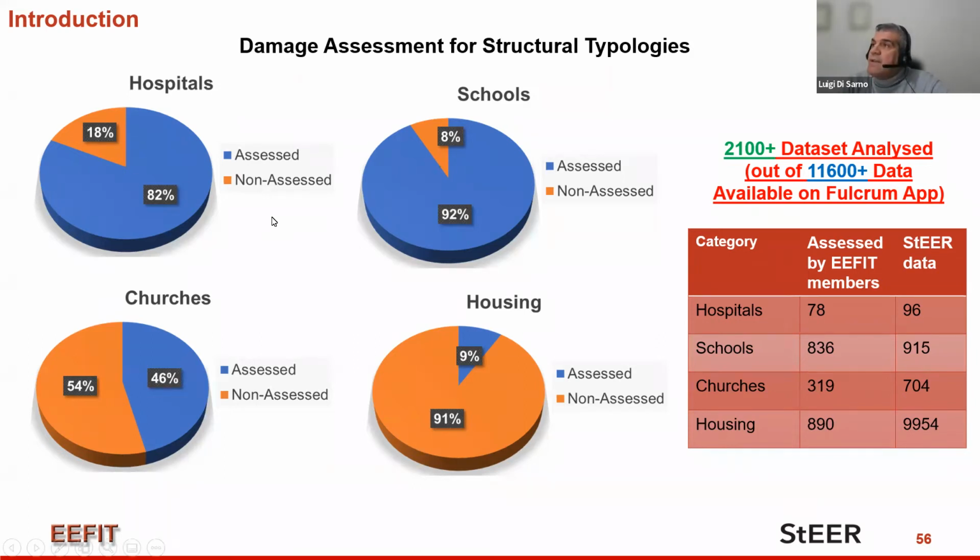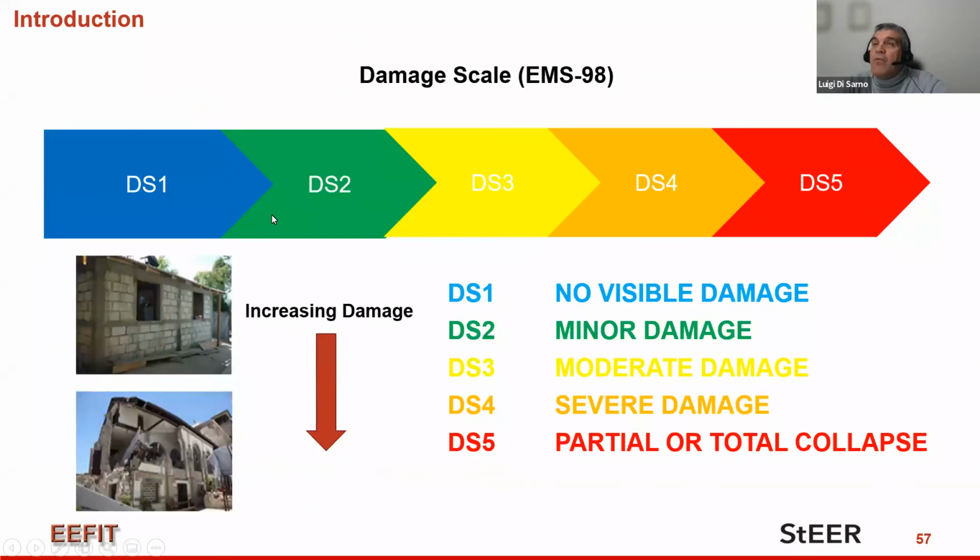What I'm going to show in the next slide is also the type of metrics that we have utilized, and we made reference to the damage scale as stated in EMS 98 that has 5 different grades for assessing the damage, moving from the DS1 corresponding to no visible damage up, and you'll see also on the slide a typical intact structure, and then we'll be looking at the increasing damage up to partial or total collapse, and we have